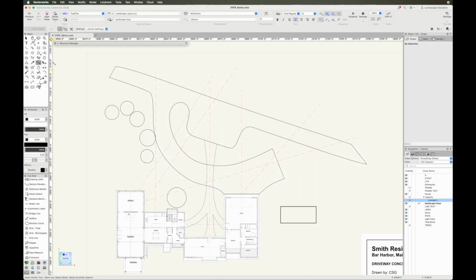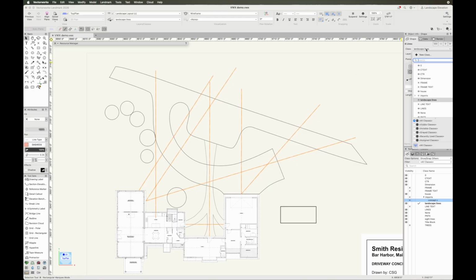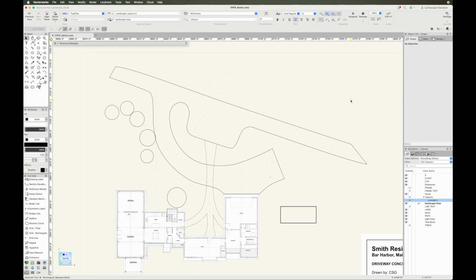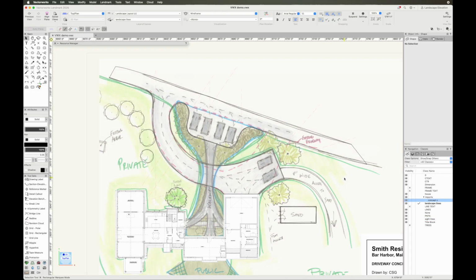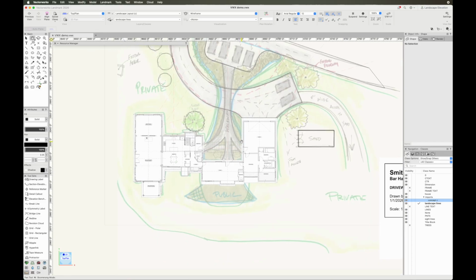And I'll highlight them now and put them into my Sightline class. Okay, so now I can turn them off when I don't want to see them anymore. Just like that. Okay, so let's turn my concept back on. And there was, oh yeah, one more thing I wanted to do, and that was,